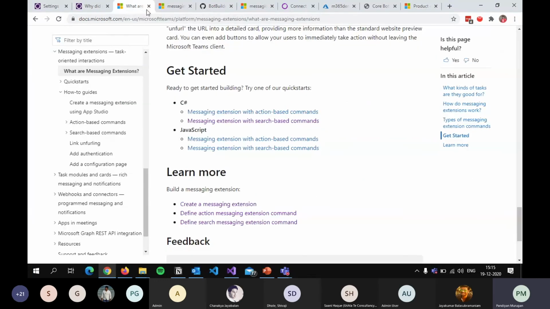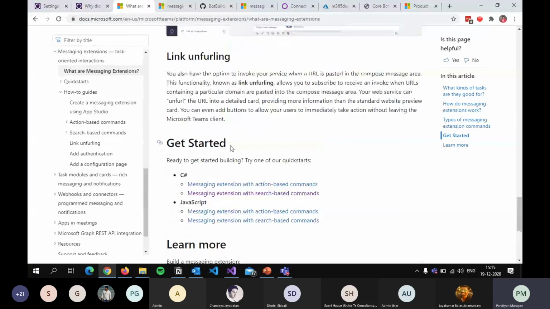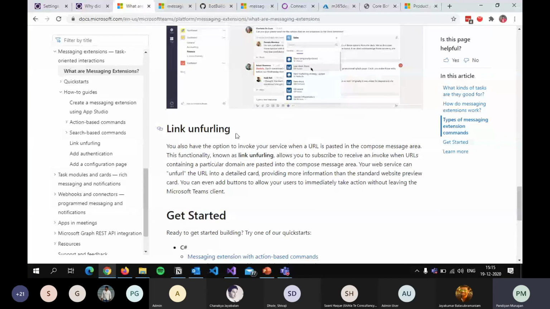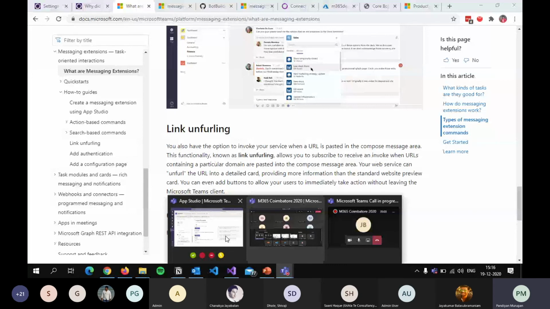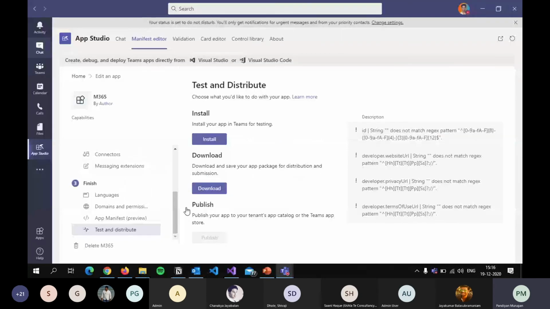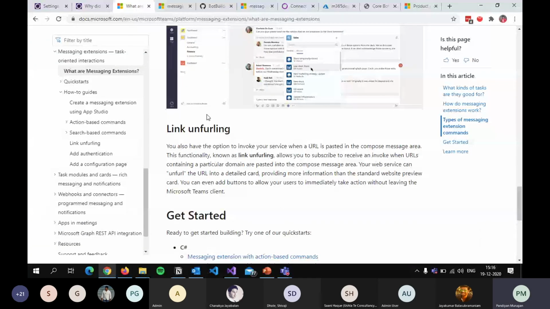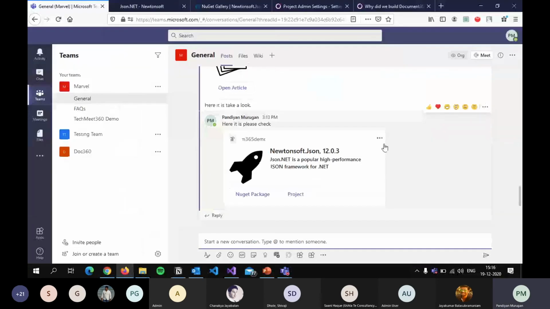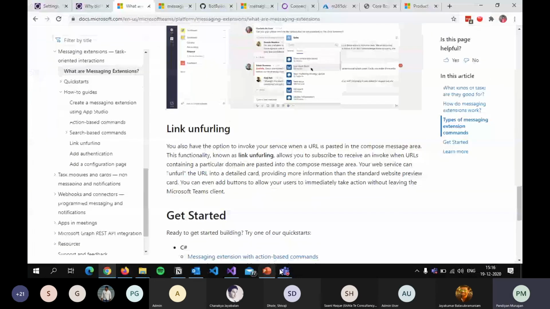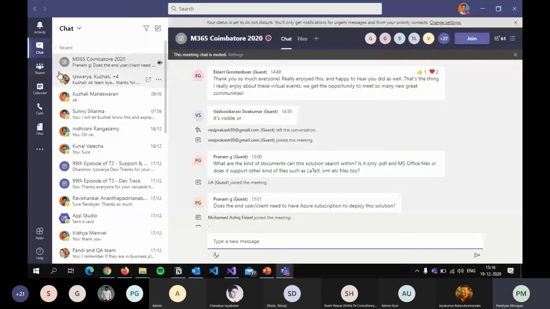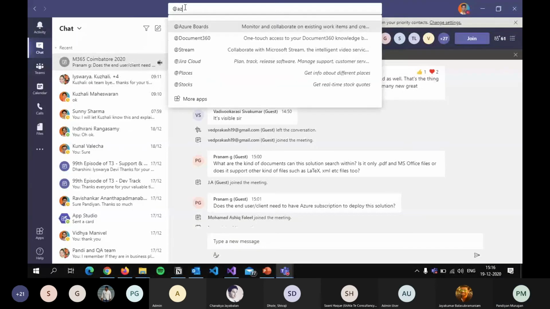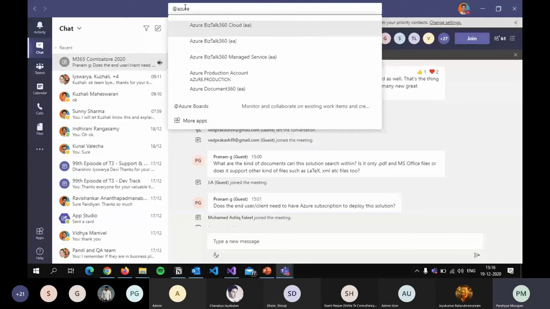Another important feature I see here is link unfurling. It will be like a new term, or like someone would already know it. For example, let me show an example for link unfurling. So you search for something and provide the information to the real world, in the form of a card. This may have a link actually to show it. For that, I will show an example of Microsoft Azure pipeline. Maybe Azure Boards we can use.